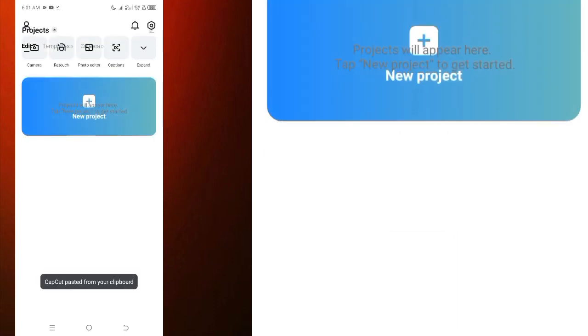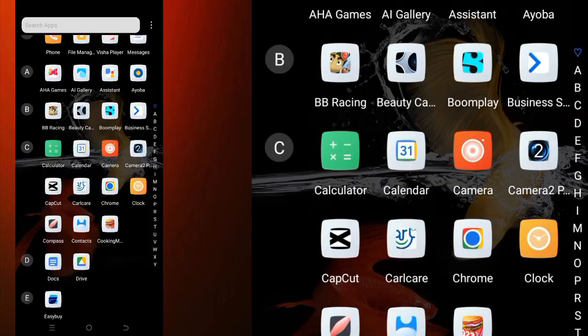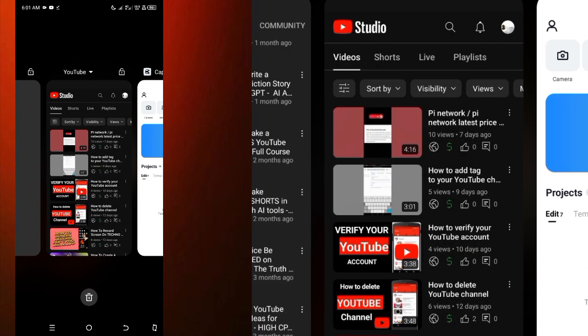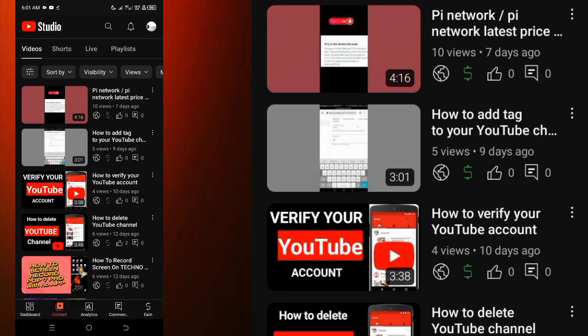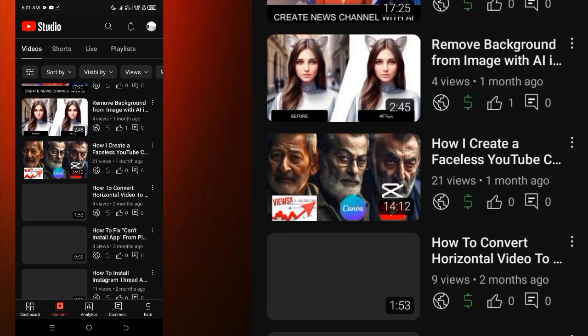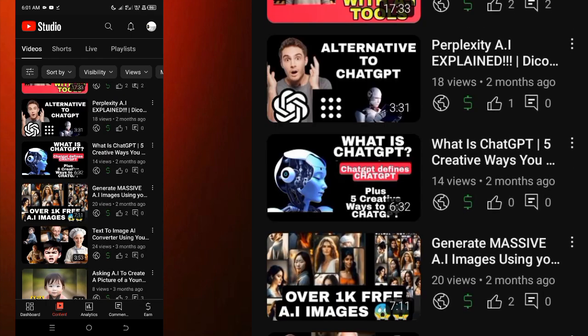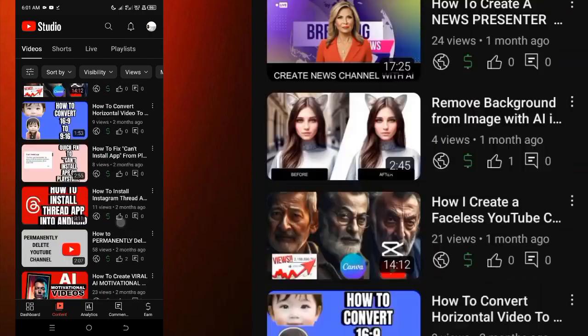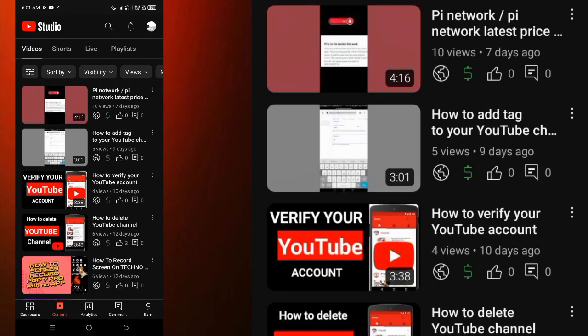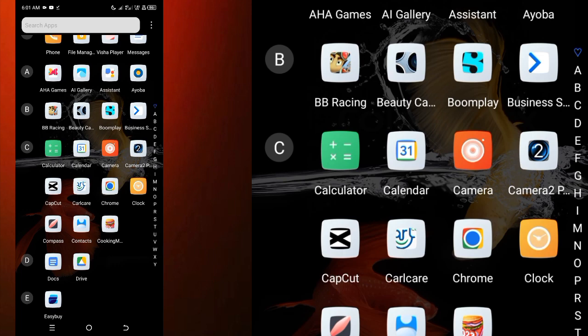Before you actually use CapCut, there is this method I use. If you want to design a thumbnail, the very first thing you have to note is that the topic, you have to let your viewers see in the thumbnail what you're about to talk about. So the topic actually says how to add tags. So what I'm going to do is go to my Chrome browser,